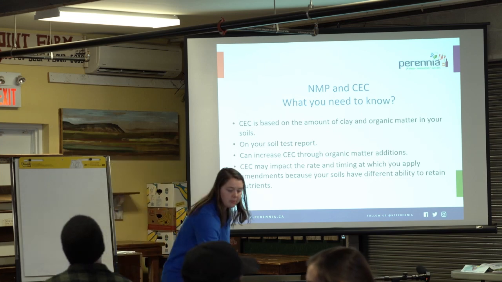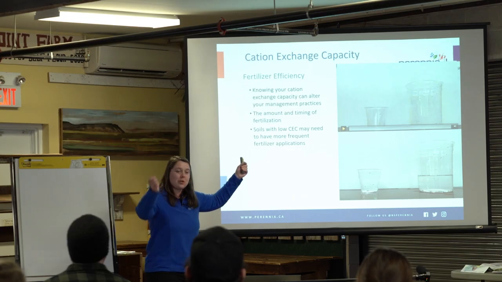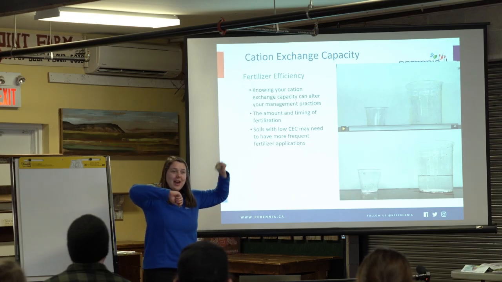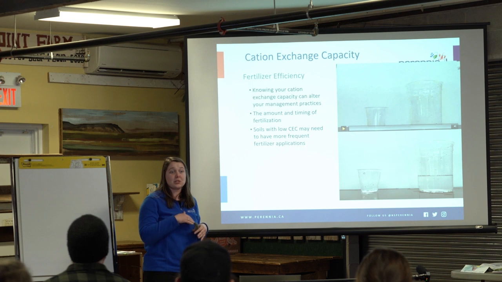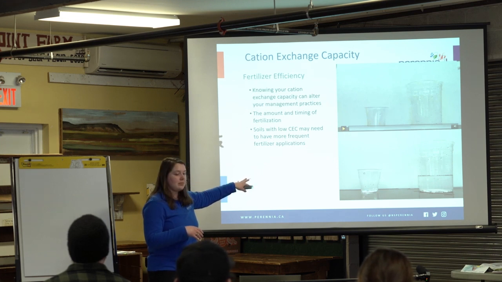And I have a bit of a visual. It's very simple. If you think of these different size cups as different cation exchange capacities, I poured the same amount of water into both. In the smaller one, it overflowed, and that's representing your leaching. So if you have a full nutrient capacity, if you have nutrients in your soil, then